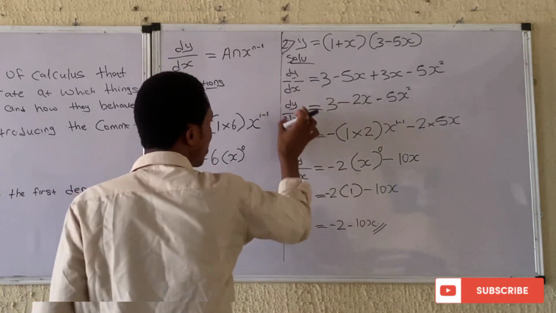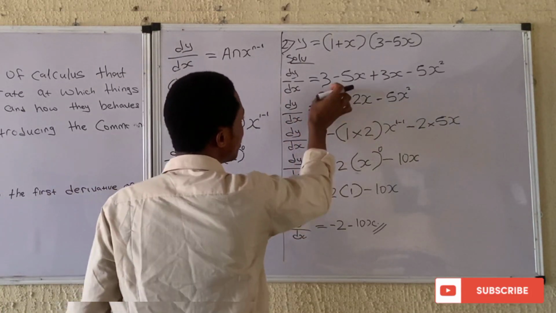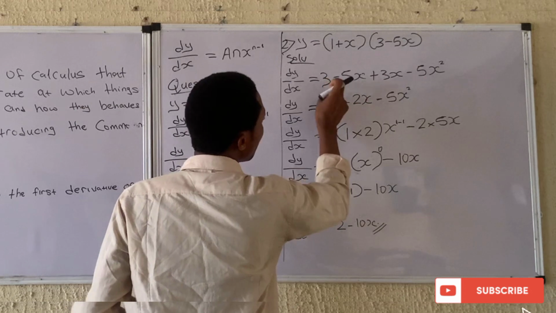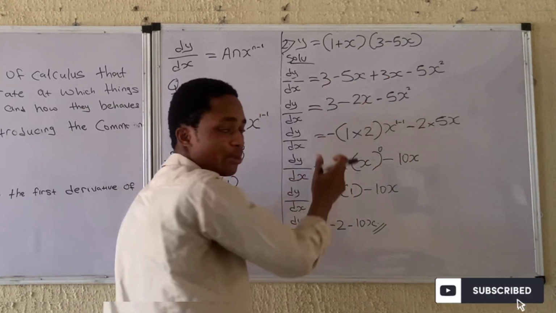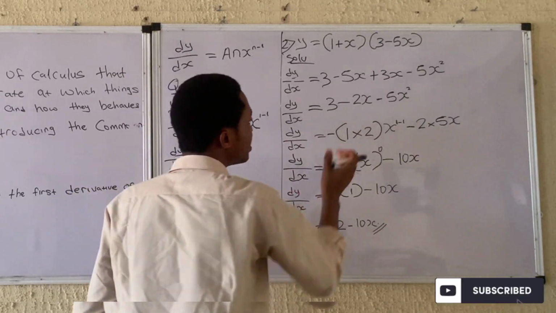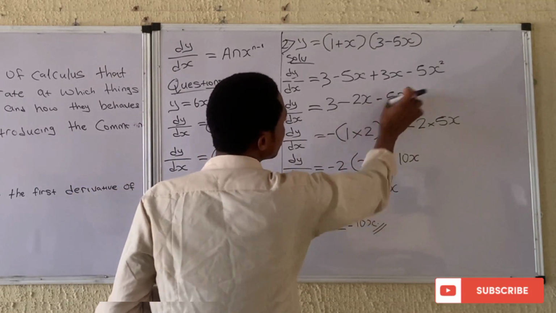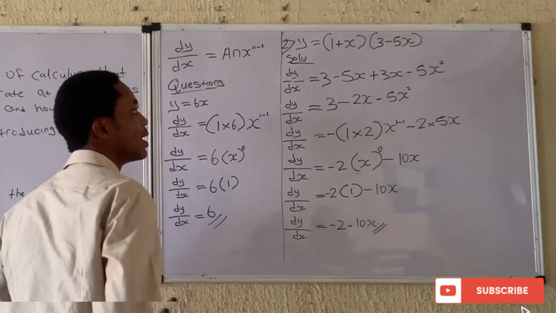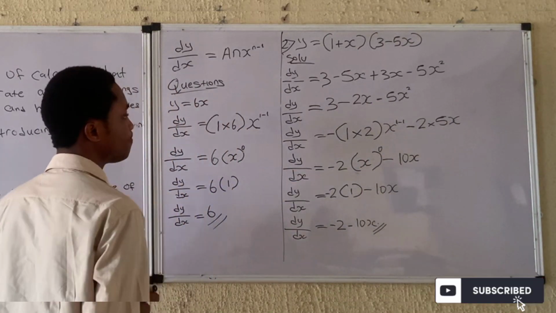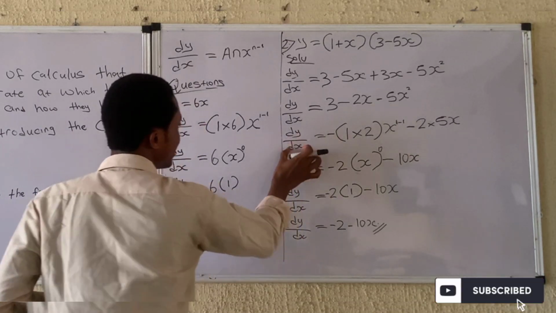Now, differentiation with respect to x, dy/dx equals, repeat this one. So, minus 5x plus 3x will give us minus 2x. If you press the calculator, your calculation will give you the same value. Minus, repeat this one here, which is minus 5x squared. Now, we proceed. dy/dx equals,